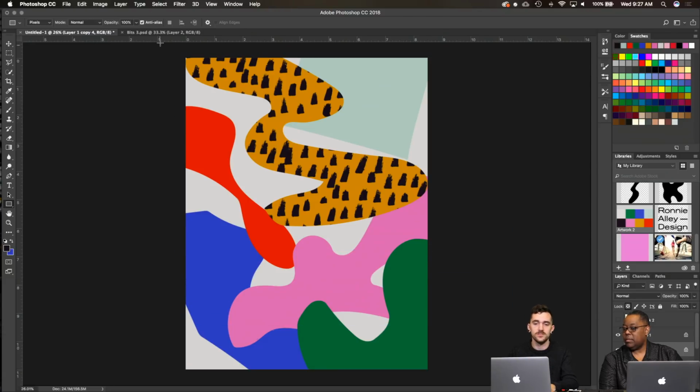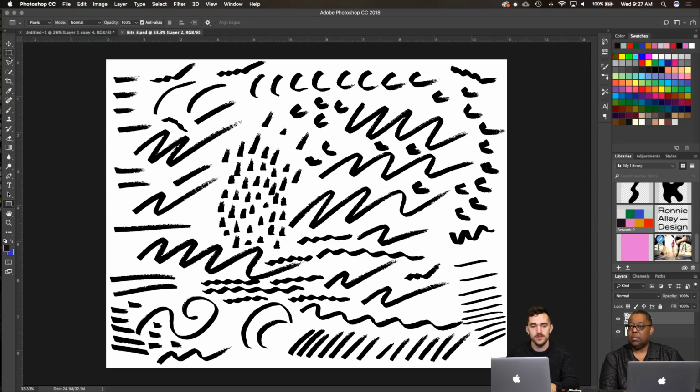Cool. Let's grab some other stuff. Now, this other stuff you're grabbing, where did that come from? Was that created digitally or you scanned it in? I scanned it in. So this was all hand-drawn, just shapes. Yep, I have one of those Sharpie paint pens that have a lot of ink in them, and then I fill up a couple 8.5 by 11s and scan those in, and then bump up the contrast as high as it can go, adjust the levels to where it's only black and white, and then